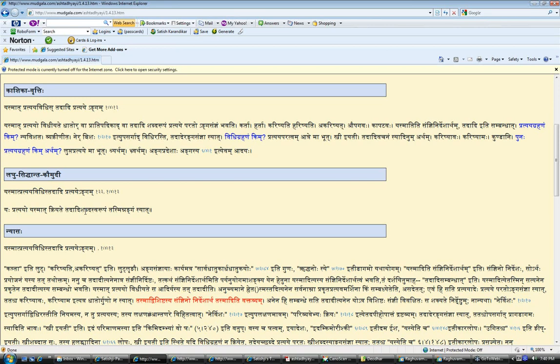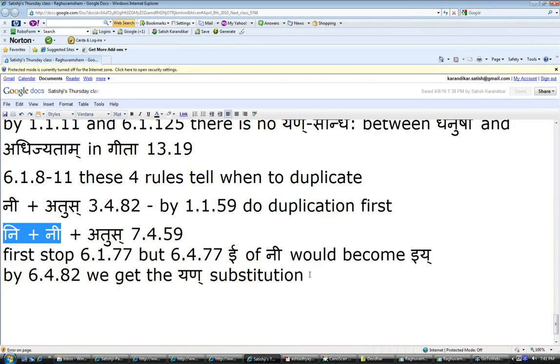So the angam is a relative term. It's not an absolute term. It's relative to the pratyaya. So each pratyaya will have an angam. Without pratyaya there is no angam. So angam is only related to pratyaya because this sutram says yasmat pratyayavidhi. So you have to ask the question, what is the term that took this pratyaya? And then start from that term and up to the pratyaya itself, that becomes the angam. And an example will maybe clarify this doubt. So 1413 defines the term angam.